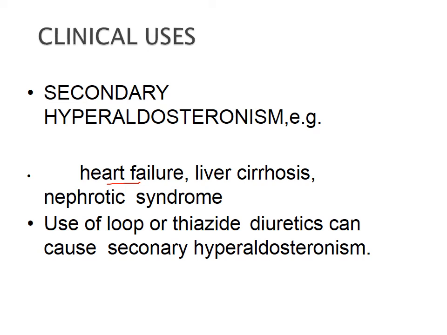The use of loop diuretics and thiazide diuretics causes secondary hyperaldosteronism, because they are excreting the water and, along with that, the sodium. Because of that, the aldosterone levels are increased in the body, so to counteract that, you are having this. Another point about loop and thiazide diuretics is that they also decrease the potassium levels in the body, so the patient is going towards hypokalemia. To prevent that hypokalemia, these are also given, because their effect is to increase potassium.